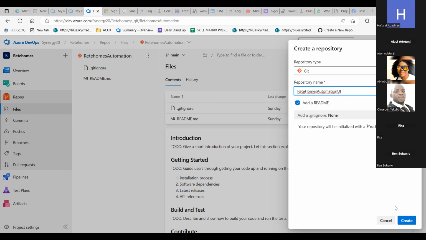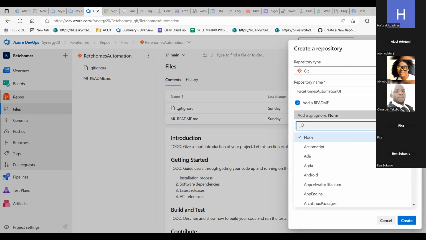Okay. Great. So wait, before you click on create, we also have a readme, and you want to add a git ignore as well, because you want some things to be hidden from your repo. People are going to be logging in with their username and password, and you don't want credentials to be open. That's why we have the git ignore, so that it can ignore some things that are not necessary for us. So if you click on the drop down,